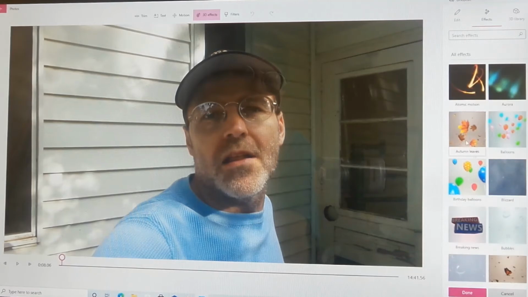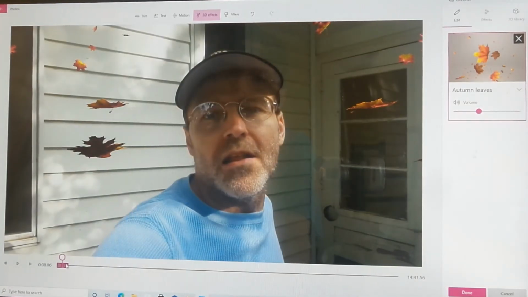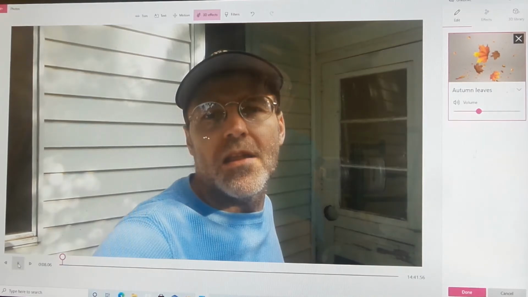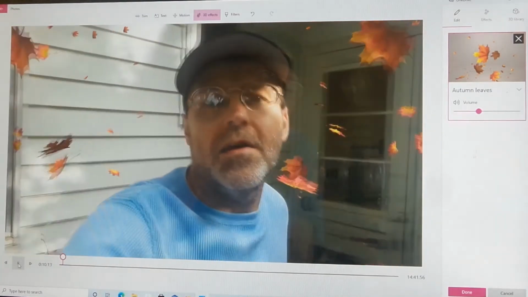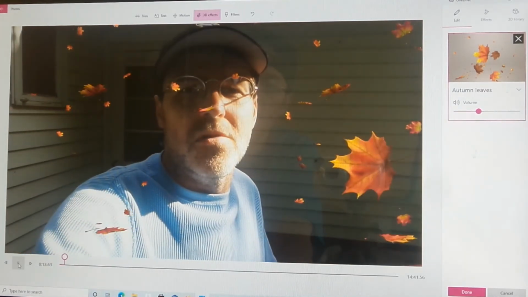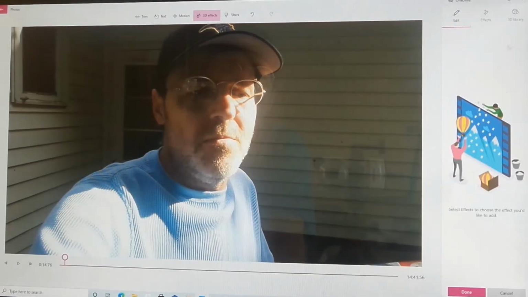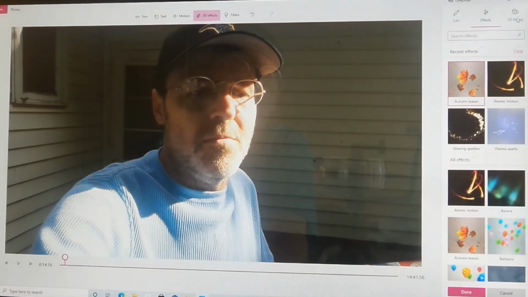It's got, you can put in leaves, you can put in all kinds of different things onto your video. As you can see, you can stretch it as long as you want the video to go. As you can see what this does, this kind of goes slower, some of it's faster. Depending what you want, you can have a lot of 3D effects on your video, and you also have a